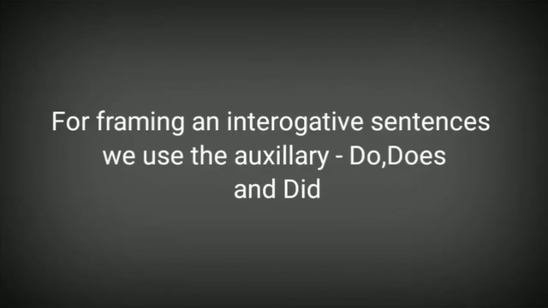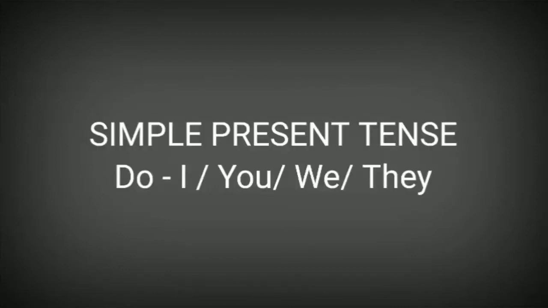For framing questions or to make interrogative sentences, we use the auxiliary do, does and did. We use do and does for making questions in simple present tense, and we use did in making questions in